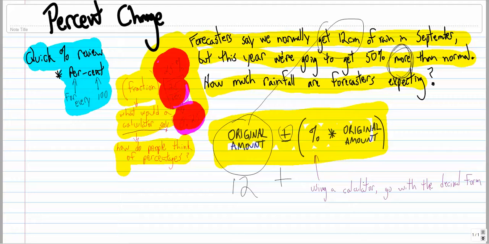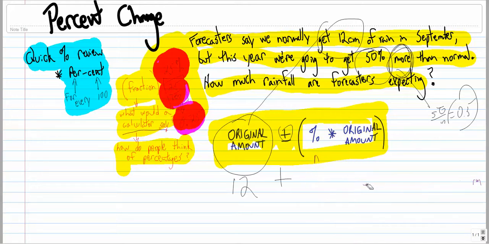Let me clear myself some space here. Let me read you this though. Percent times the original amount. So using a calculator, go with the decimal form. So 50%, remember, means 50 out of 100. If you punch that into a calculator, you get 0.5. So 0.5 is definitely how I would do this on the calculator. So I'll erase this stuff to give myself some room here. And so my percent here was 0.5, 50%, times